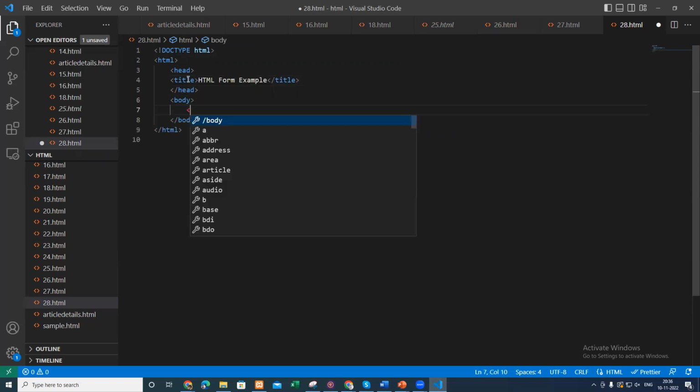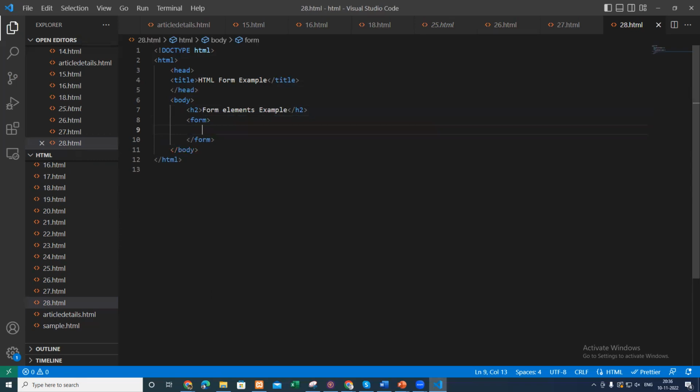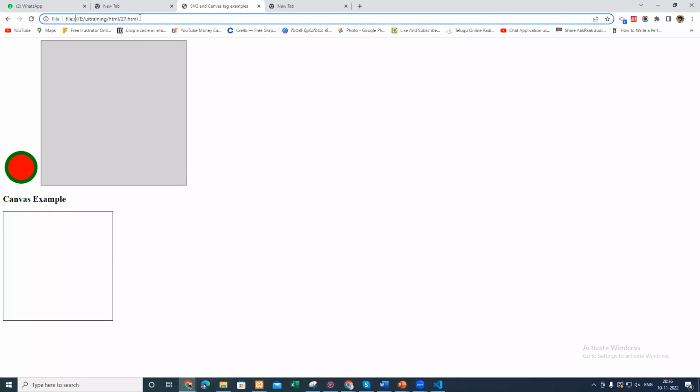inside body, so first I am doing the h2, form elements example. Okay, so whenever you want to create a form, we have to open a form tag. It's a paired tag, so then form is created. So 28.html